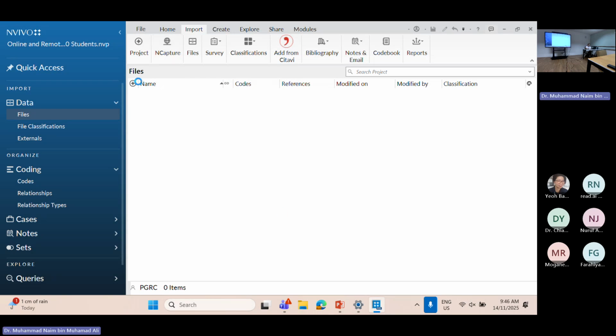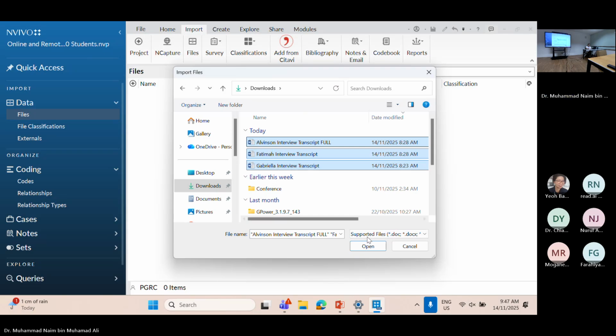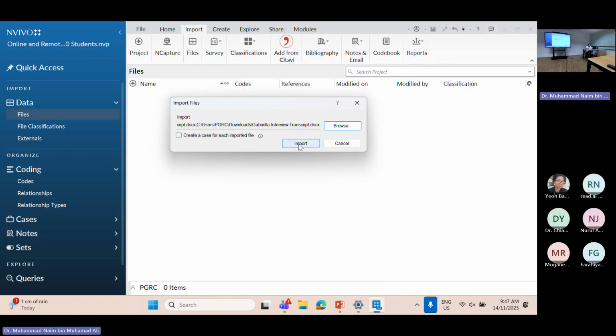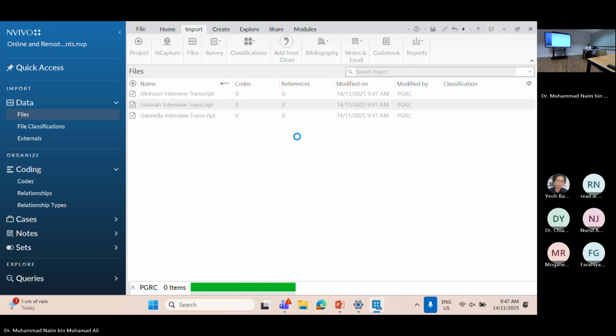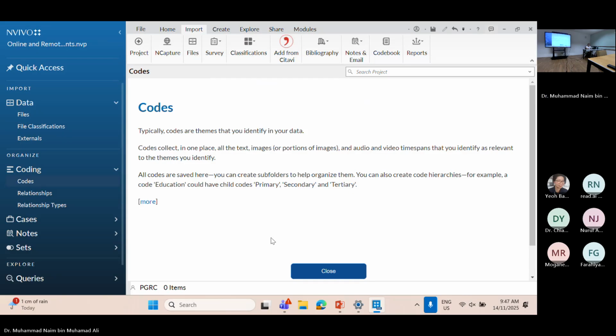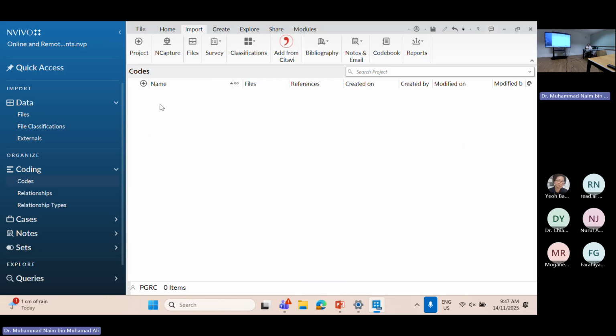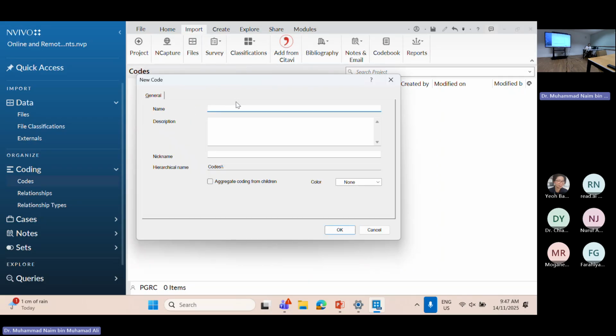To start with, you first have to create a container or parent code. Right click and then click new code.